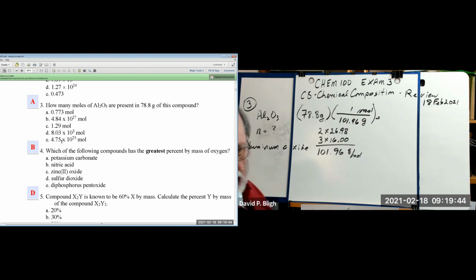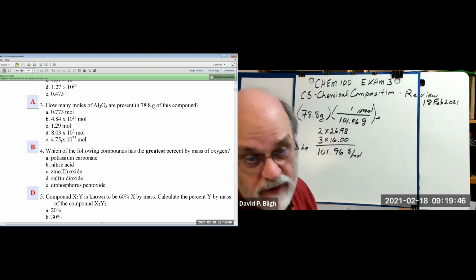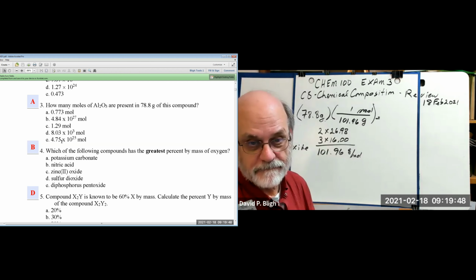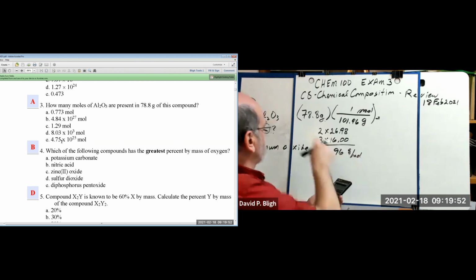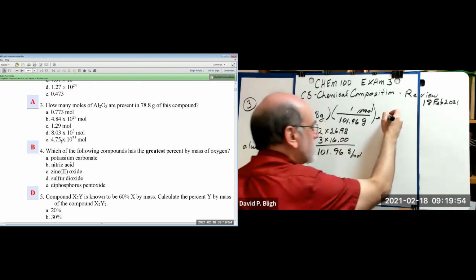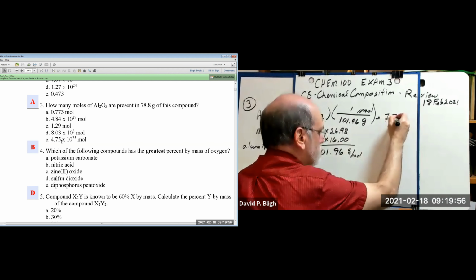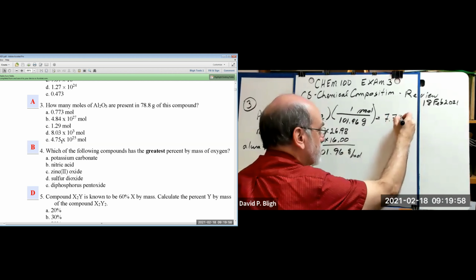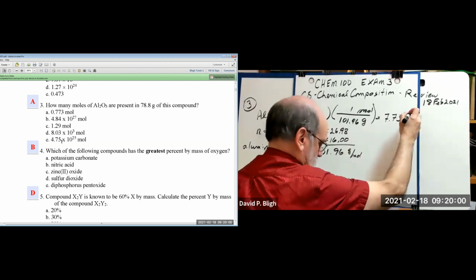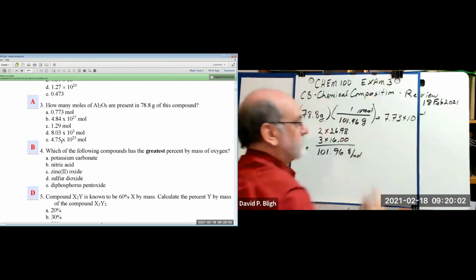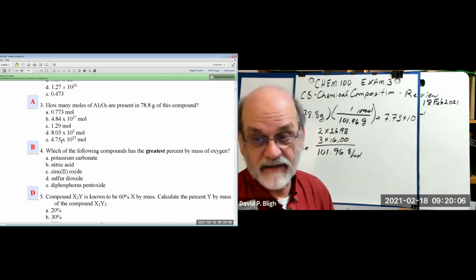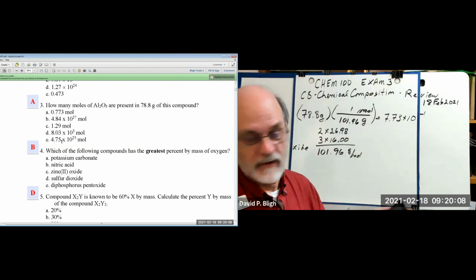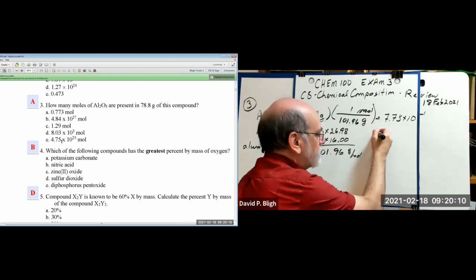And I get, see how the answers are given. Well, they're given 2 different ways. Right? So this is the way it shows up in my calculator. 3 significant figures, 7.73 times 10 to the minus 1. Right? Is that one of our answers? Not in that form. But if we change it to standard notation,